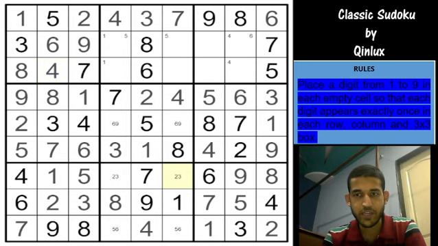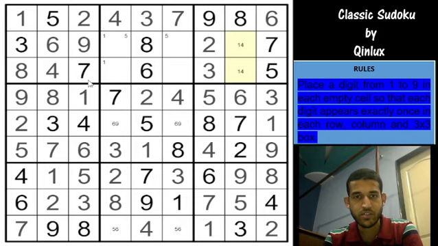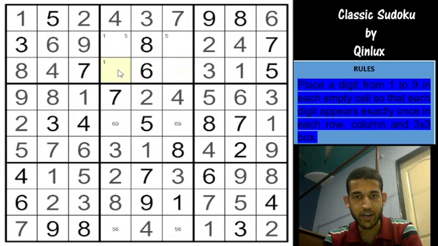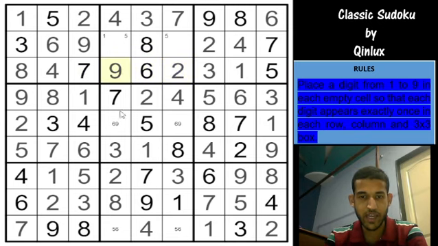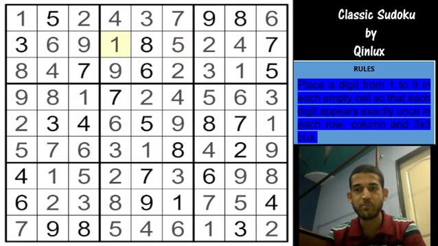So 3 here gives me a 3 here and a 2 here, and 4 5 8 9 1 6 and 7. So remaining digits are 2 and 3, so this 3 goes into here, so that becomes 2, and I need 1 4 here. 4 is here, which means this is a 4 and that is a 1, and 1 3 5 6 4 7 8, so I need 2 9, right? 2 can't be here, so that's a 2, that's a 9, and these can be resolved now, so that's a 9, that's a 6. These can be resolved now, that's a 6, that's a 5, and that's a 5, and that's a 1. And with that we have completed the Sudoku by